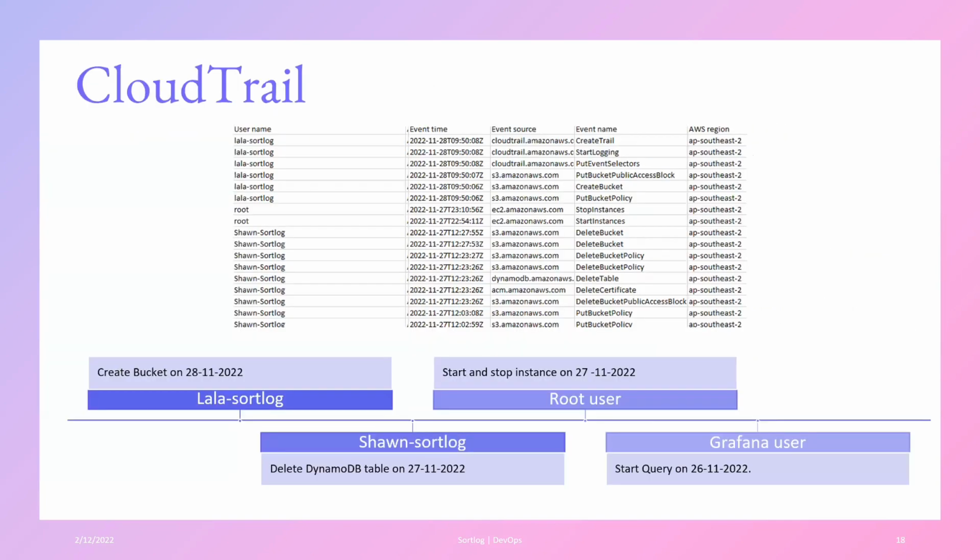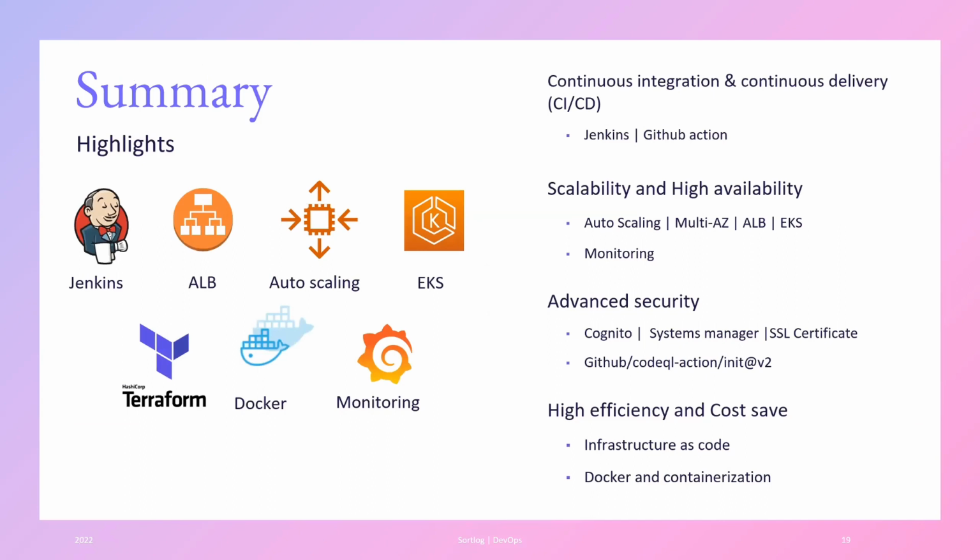It is worth mentioning that we also set up CloudTrail for monitoring account activity across the AWS infrastructure. By doing this, we can find who at what time has done what activity. For example, we can find that Sean actually deleted the DynamoDB on 27th November, which is quite important if some error happens. In summary, in this project, as a DevOps team, we have achieved continuous integration and continuous delivery